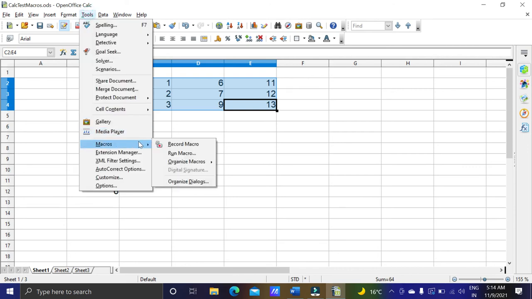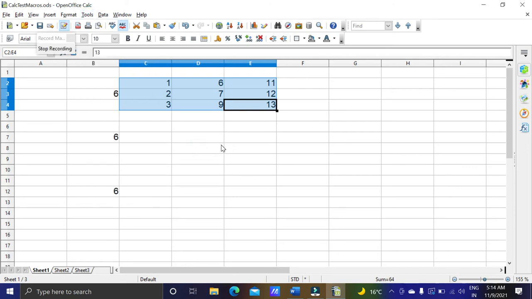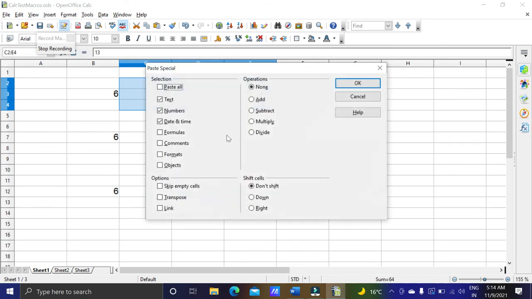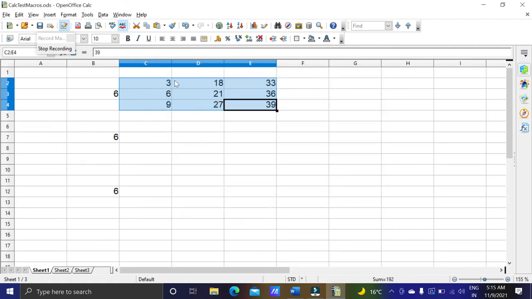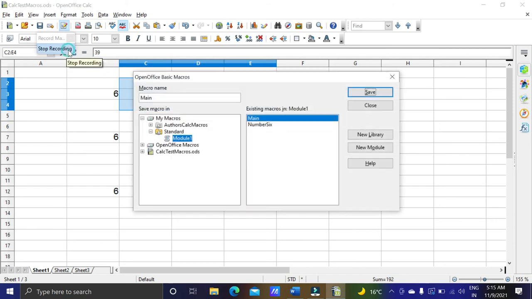So tools, macros, record macro is getting recorded. Now I am going to paste special, and I am going to multiply it with 3. See, all the numbers got multiplied with 3. Now I am going to stop recording.